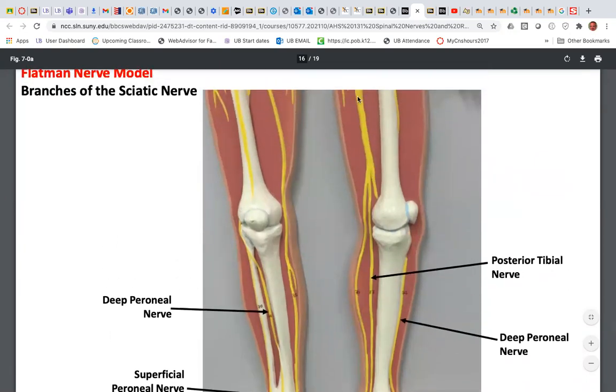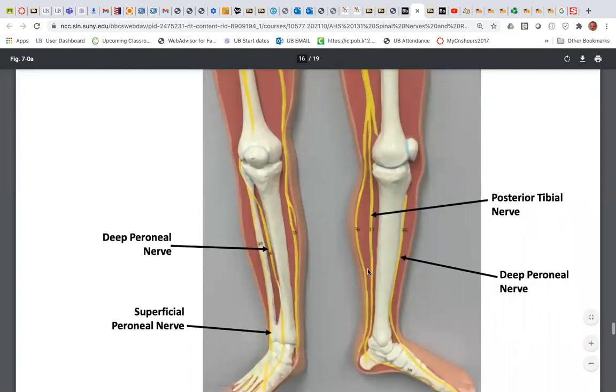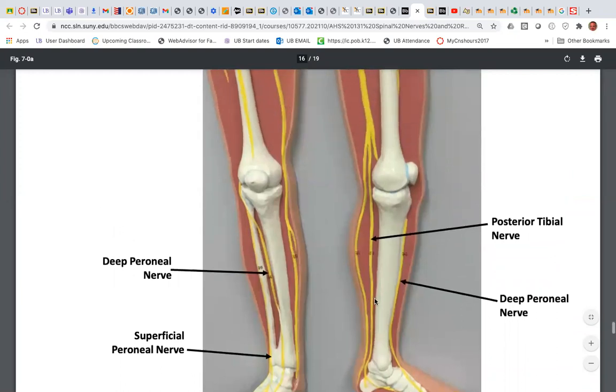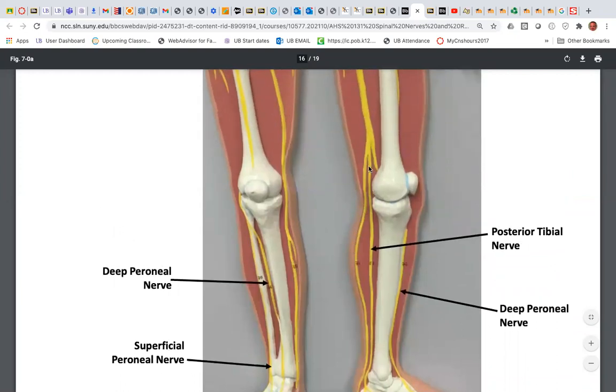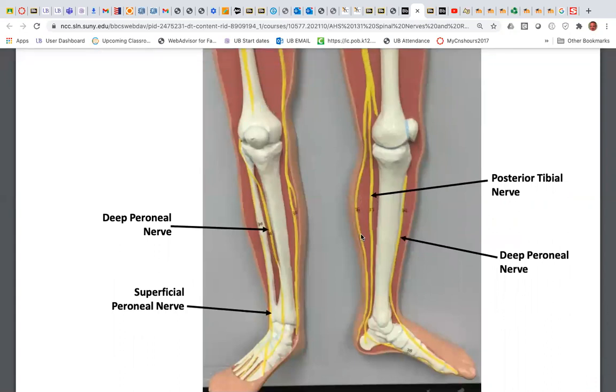So here is the sciatic nerve, right there. You can see that it divides and splits, and one of those nerves is the posterior tibial, which stays here behind the tibia posteriorly, and then it goes underneath the foot. This one here, if we look at it here, is going to divide into a superficial and a deep peroneal nerve. So right here, right around the head of the fibula, this is the common peroneal nerve right there,